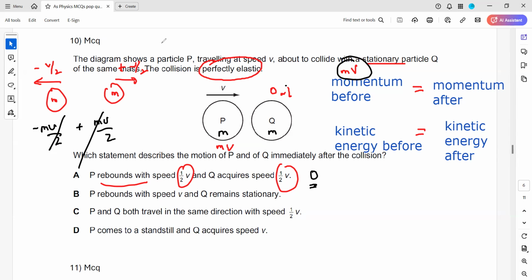Because when we use this equation for conservation of momentum, in case of A, the total momentum after is 0. But according to the question, if the momentum before is mv, the momentum after should also be mv. That's why A is not the right answer. Now, if we check option B,